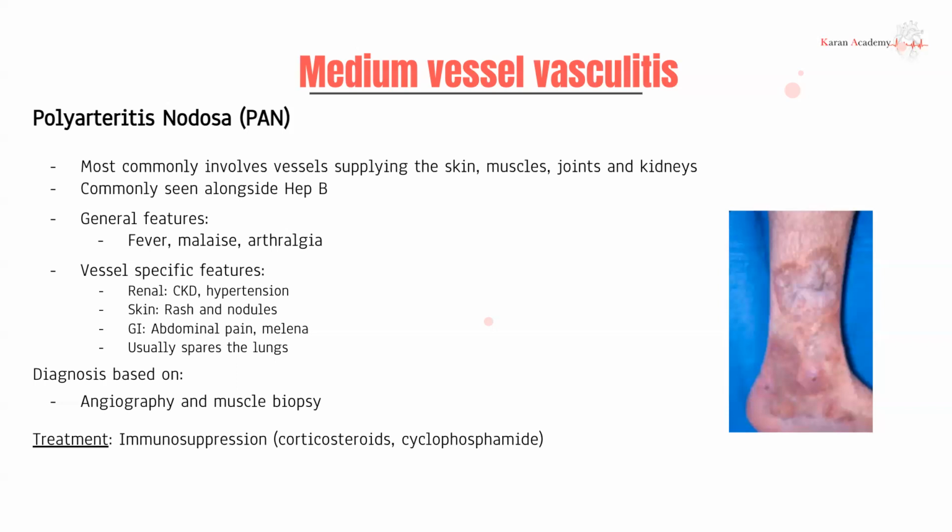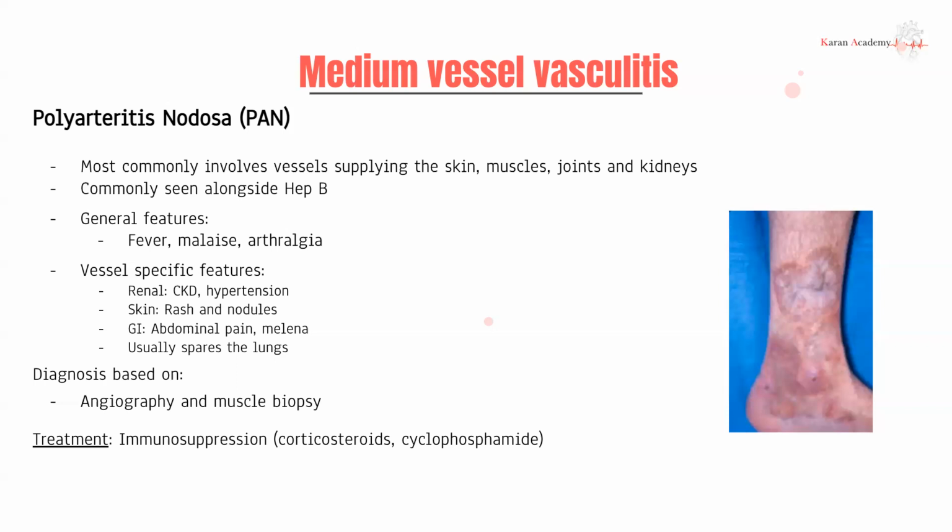I hope that makes sense, right? Because usually when we do biopsies, we look at the part that's affected directly. So, if the vessel's affected, we biopsy the vessel. Here we are biopsying what the vessel supplies. Why? Because, well, it's harder to biopsy tiny vessels supplying the muscle. Considering it's a medium vessel vasculitis, that's going to be harder to do.